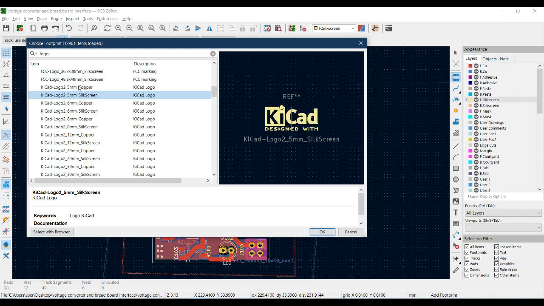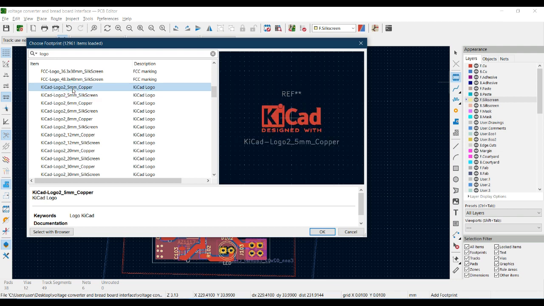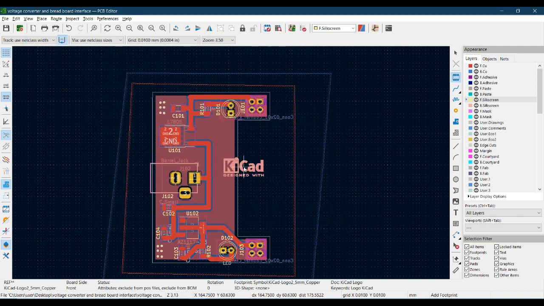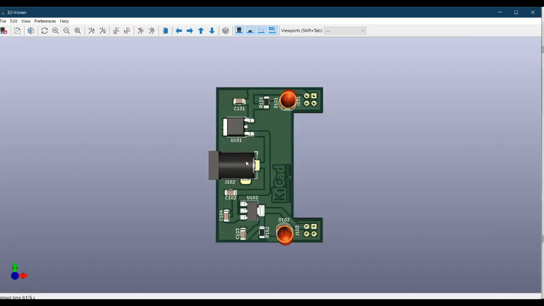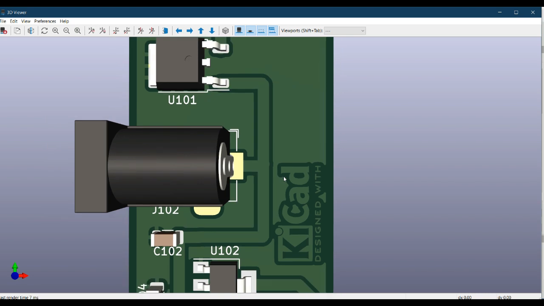Let me first show you the KiCad logo when we make it on the copper. So I clicked over it, hit OK, and let's rotate it so that I can place it over here. So I have placed it over here, and hit B and Control save, Alt 3. Now you can see that this text KiCad is made out of the copper tracks, or made